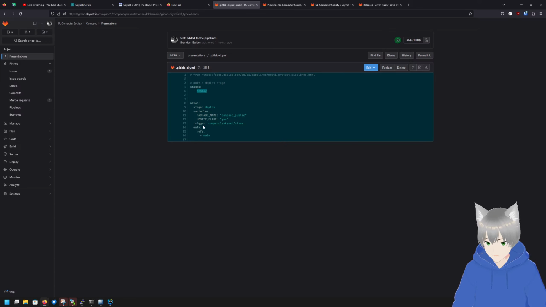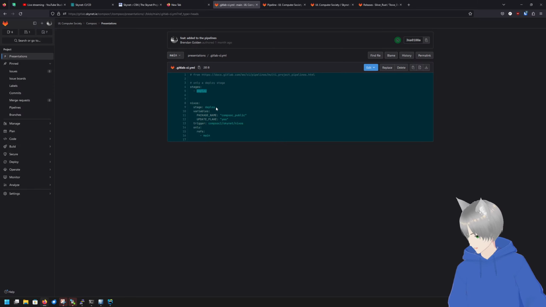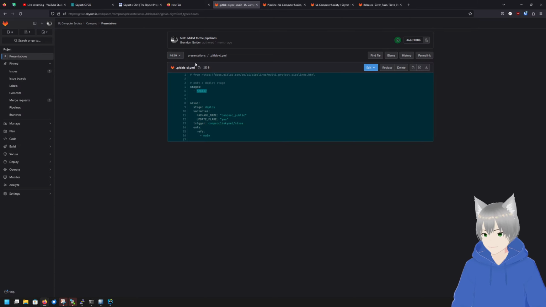So all it basically is this pipeline calls another pipeline. You can have pipelines do that, and it's really fun to do, because you can do really powerful stuff. So this repo here, presentations, can deploy to NixOS without having any of the credentials stored in this repository itself. It just goes, hey, NixOS, can you update? Can you run this command? Can you just do stuff? And this variable is set, update flake. The other variable is package name, so comsoc public.